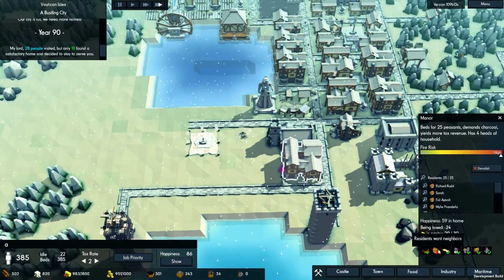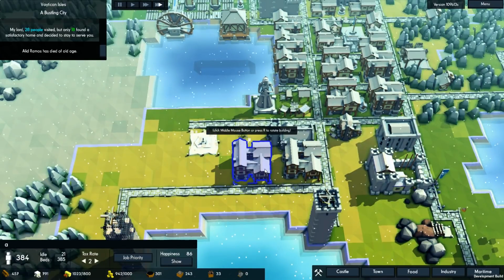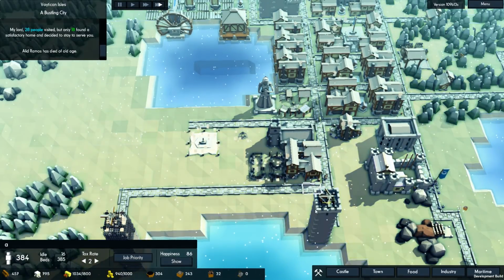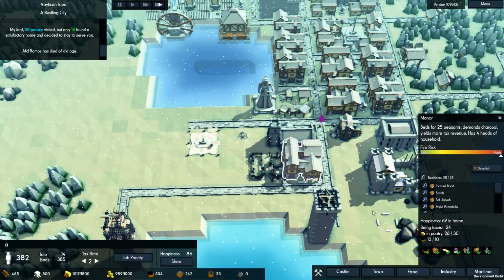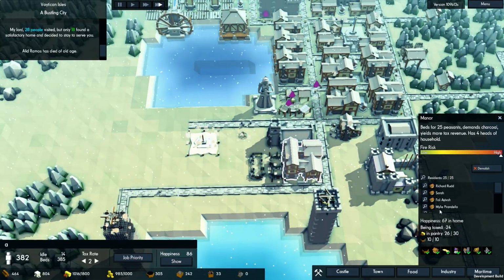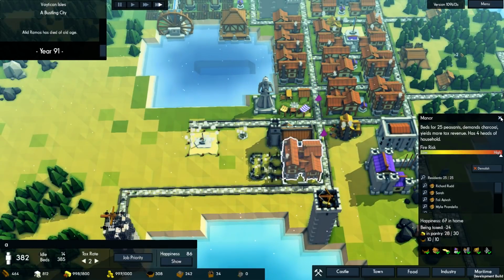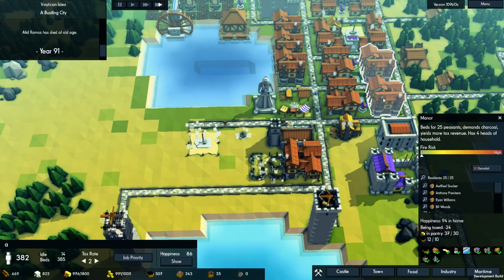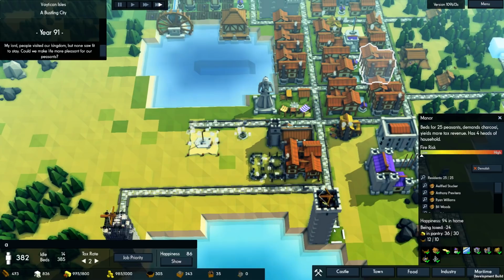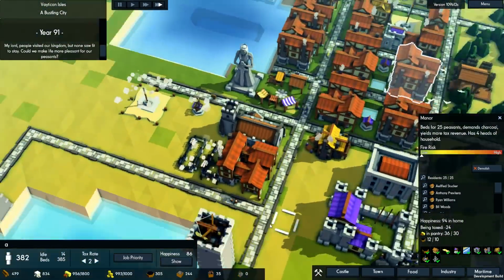Okay, so what have you guys got? You've got no... Oh yeah, I forgot about that. So we're going to need another house. Let's do that straight away. Okay, that's all that. What's their average happiness? 67. So they do have access to the tavern, the church. They haven't got a library. They've not got any water. There's not much I can do about that, unfortunately. Unless...